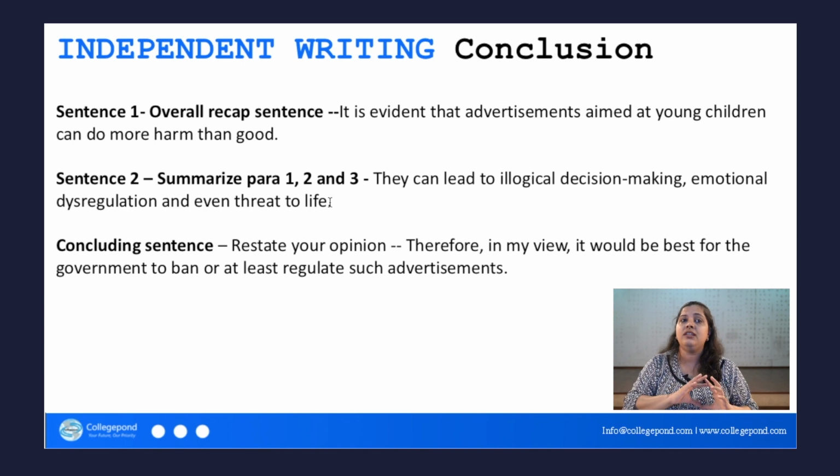Finally, you can use the last concluding statement, which restates your opinion. A good conclusion is something that will give you the feeling of coming back full circle. It will close all loose ends basically. So you have to make sure that your final sentence does that. You could use things